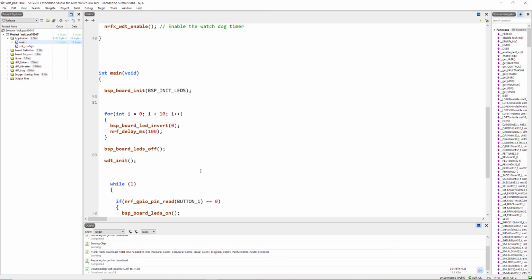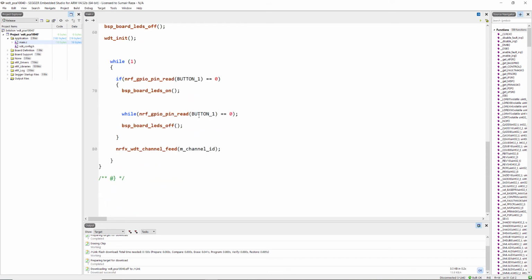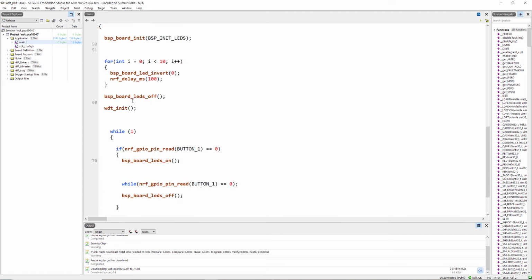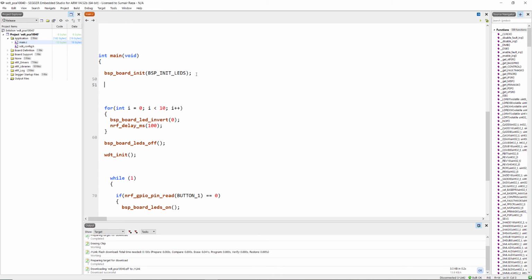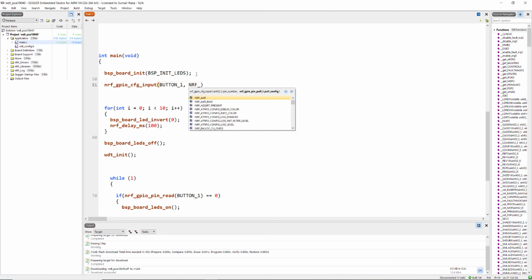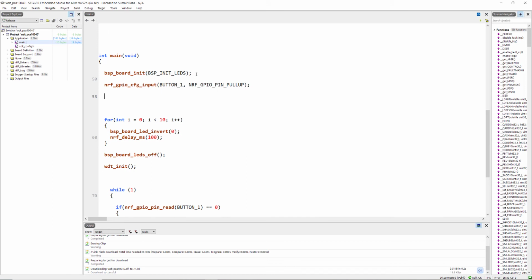We need to do two more things here because we are using this button, and this button is not initialized by this board, because in the boards I'm just initializing the LEDs. So for the button we have to do the configuration. So I'm just going to configure the button. Okay, the button is configured, and one last thing to do is we need to initialize the low frequency timer as well. So to do that,